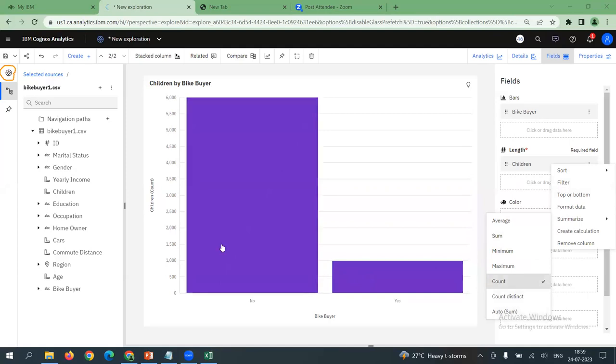Did the graph change anywhere, participants? Check it out. After changing from sum to count, not much. But still this graph doesn't provide us enough meaning. Do you all agree with me? Yes, this graph doesn't provide it. That means there is some mistake that we made initially. The only correction is repositioning of the variables.